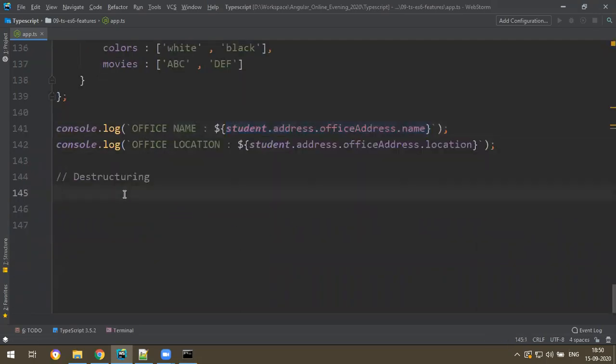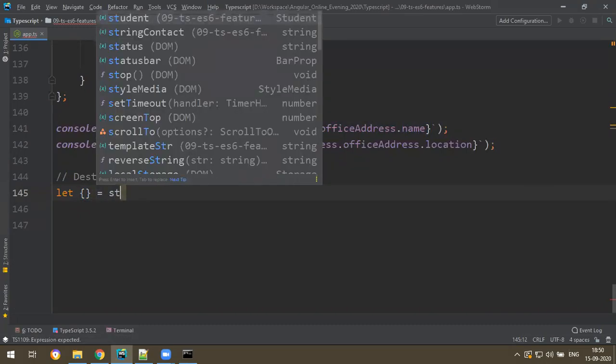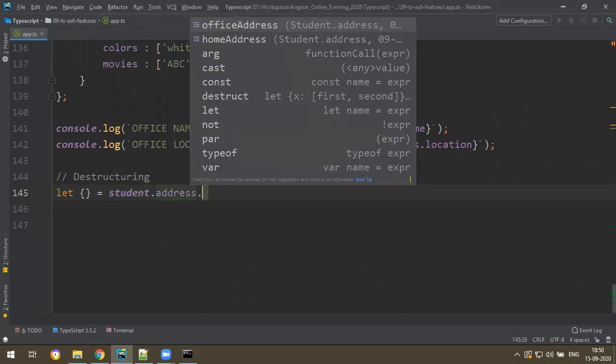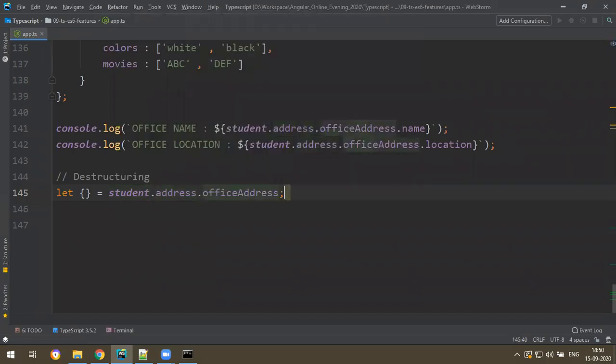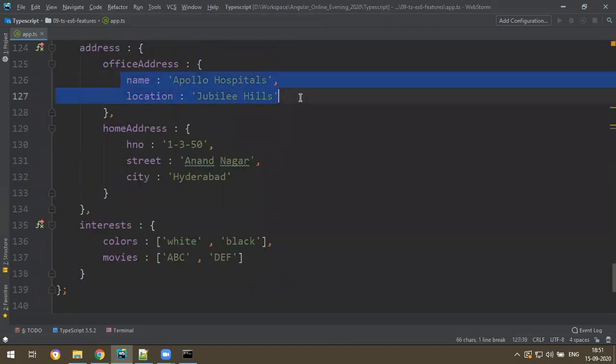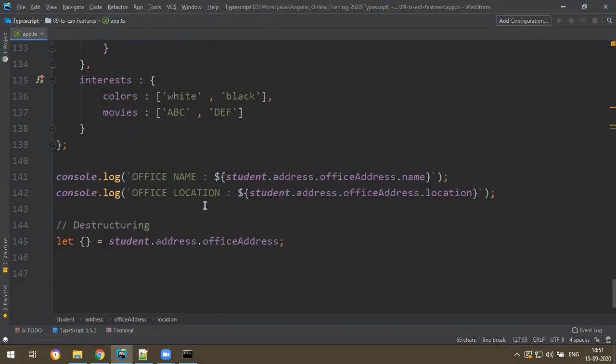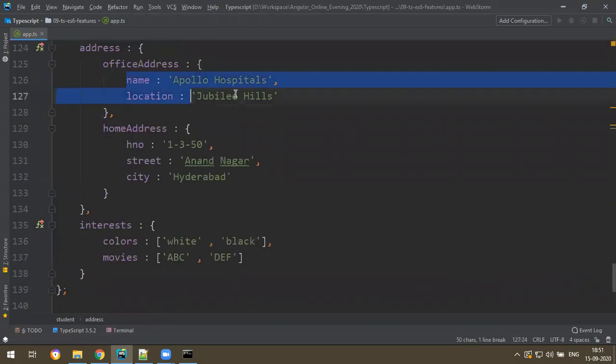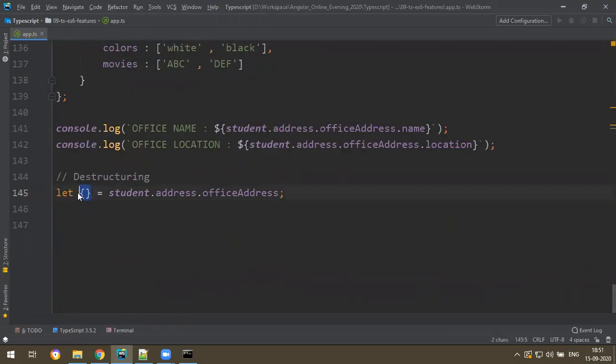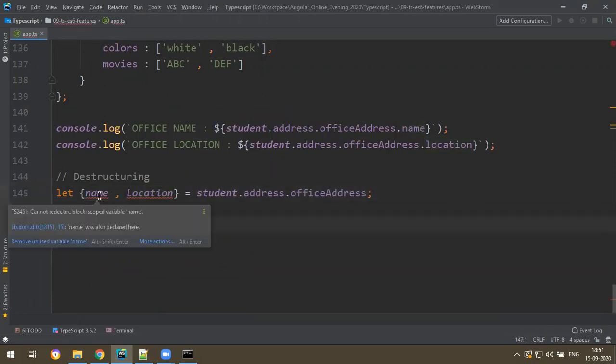For example, let something from student dot address dot office address. I have only two properties here, but in future you may have multiple properties. If you want to access only particular properties, you can declare local variables like this. This is called destructuring. In that, I need name and location. That's it.